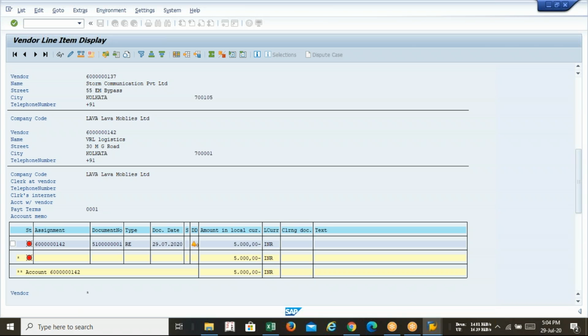So after finishing all the T codes, we have to focus on the report. How to check the vendor report, how to check vendor balance, how to send the report in Excel, everything. So SAP will prepare the report on an Excel sheet. And after getting the report in the Excel sheet, you can alter it according to your own choice. You can apply pivot table, you can apply filter, whatever you want.